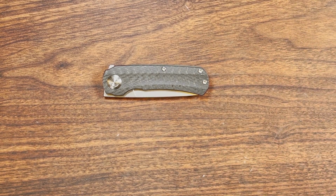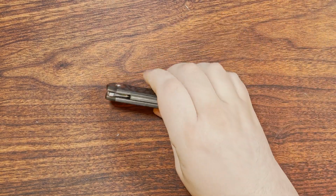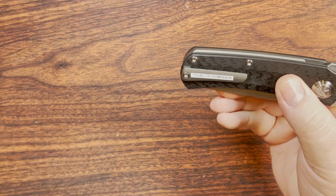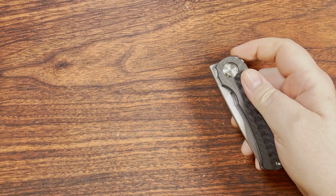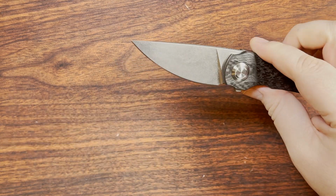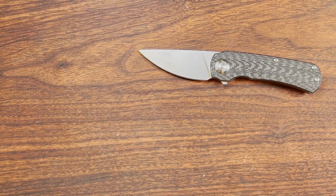And today I'm taking a look at one that hasn't been out for quite a while. It's a little bit of an older model, 200 series. This is the TS243. Yeah, that's it. This is the Humpback. This is a Mazwan Mokhtar design, and kind of uses a little bit of their previous